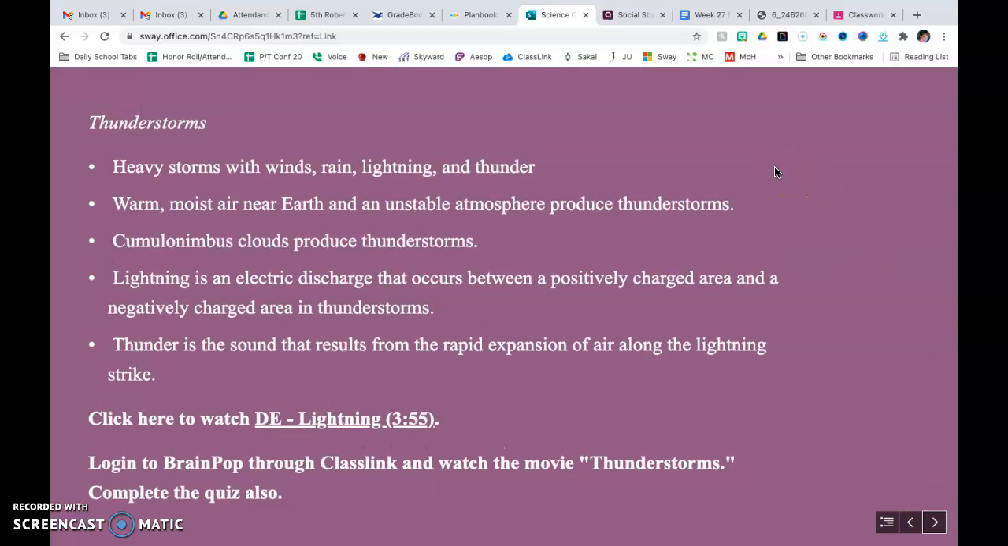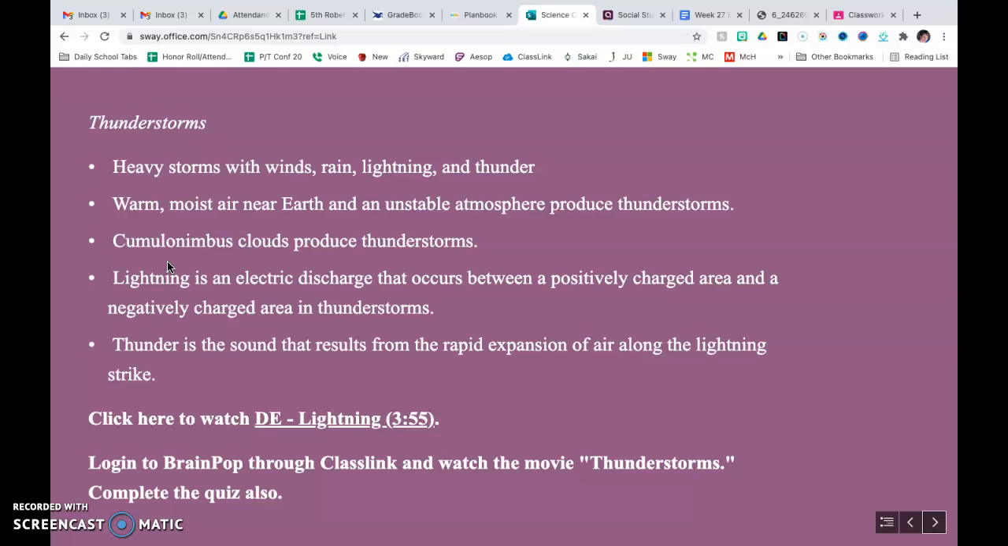All right, so beginning with thunderstorms. We, of course, know that these are heavy storms with a lot of wind, rain, lightning, and thunder. So you have warm, moist air near the earth and an unstable atmosphere. When the atmosphere is unstable, this is where you get the thunderstorms that are produced. Remember when we talked about the different types of clouds? Well, those big bad boys, the cumulonimbus clouds, as I like to call them, they are the ones that produce